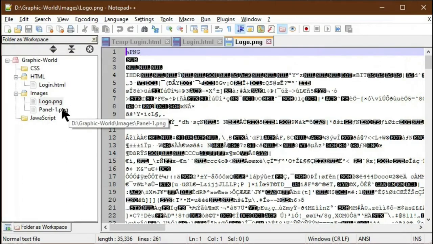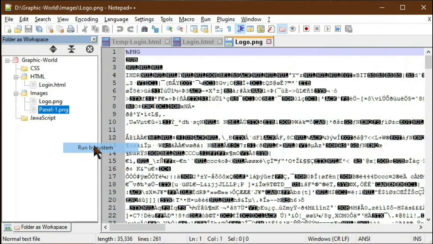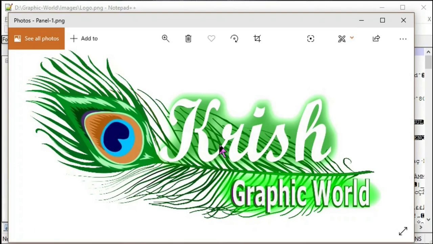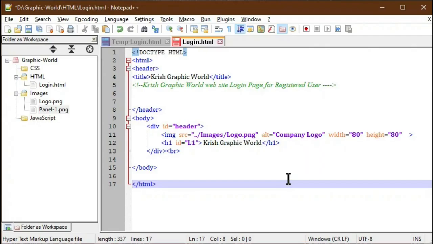Same way, for another image, right click, run by system, then it will show that image in the Explorer window. To show the logo image, I added an image HTML tag. In the image HTML tag, I added the source as images logo, the alternative text as company logo, and width 80 and height 80.